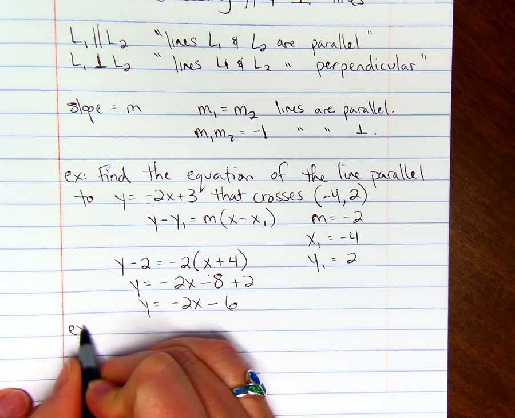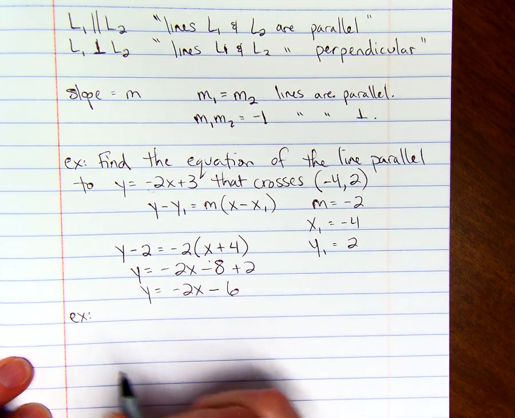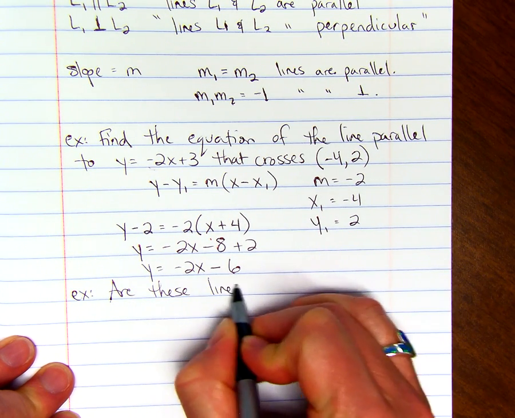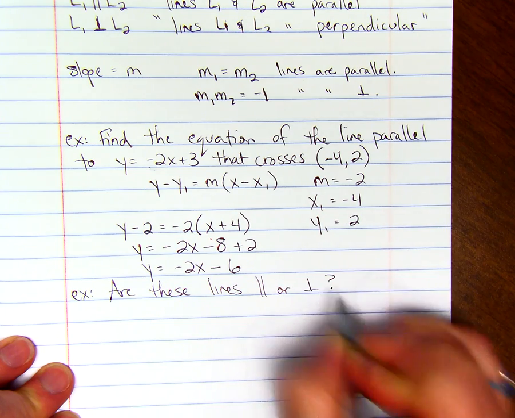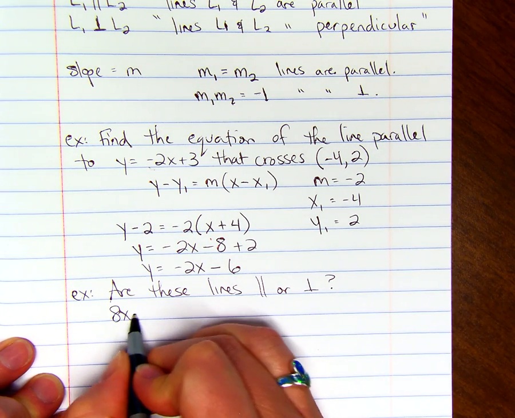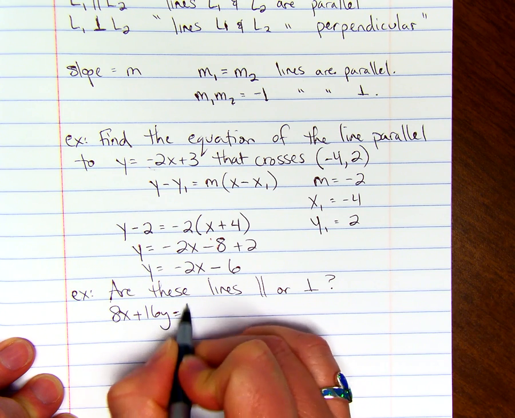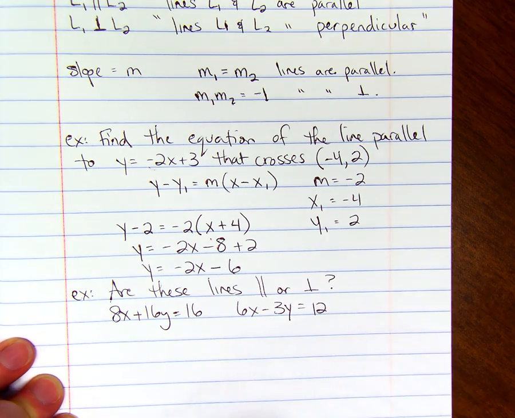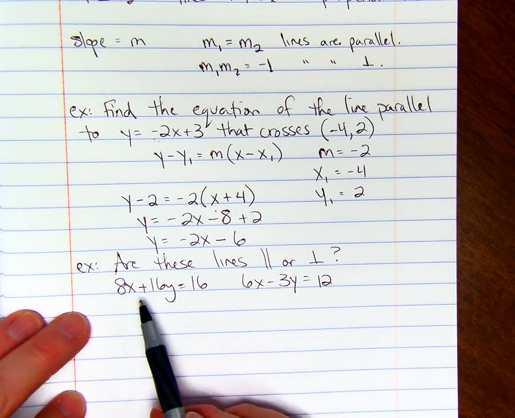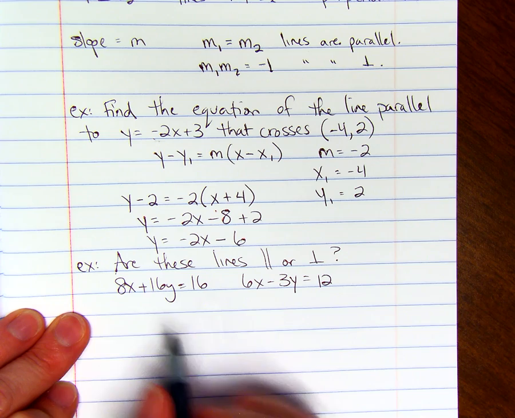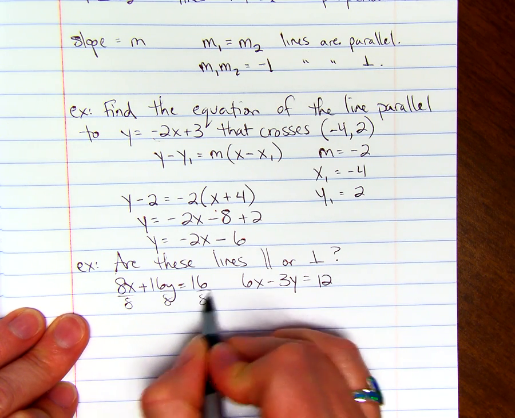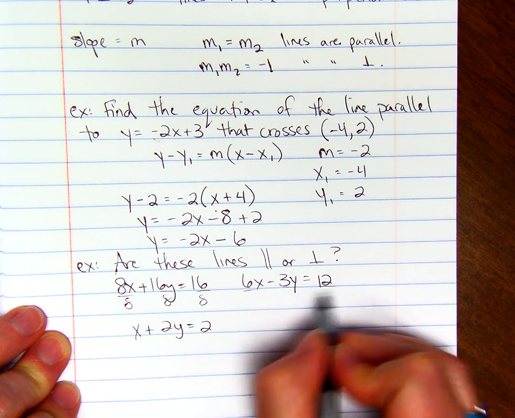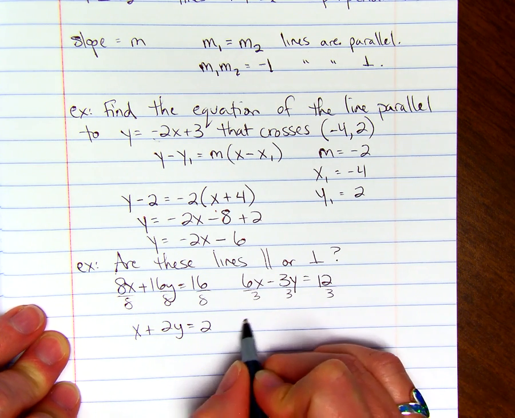Sometimes you're given two lines and asked to see if they're perpendicular or parallel. So you'd say, are these lines parallel or perpendicular? So we have 8x plus 16y equals 16, and 6x minus 3y equals 12. I would start by dividing everything by 8 on this one, and I get x plus 2y equals 2, and I divide everything by 3 here, and I get